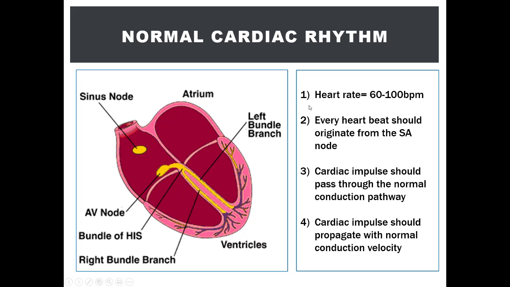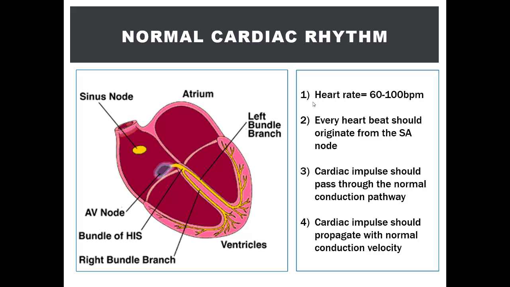First, the intrinsic heart rate, so true resting heart rate, should be between 60 to 100 beats per minute. If you have a resting heart rate below 60, that is referred to as bradycardia, and a resting heart rate above 100 beats per minute, you have tachycardia. Now again, 60 to 100 beats per minute is the normal rate by which your heart beats intrinsically by itself without any extrinsic influence of the nervous system.